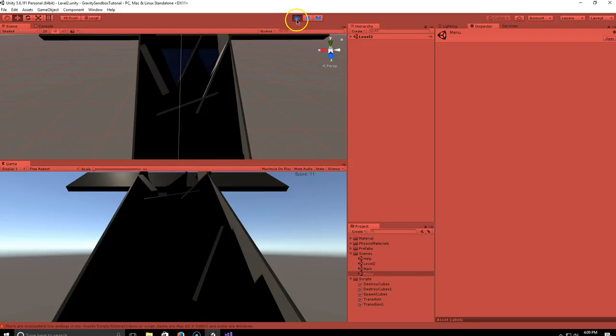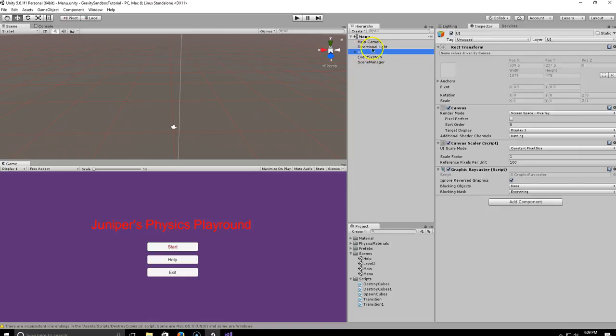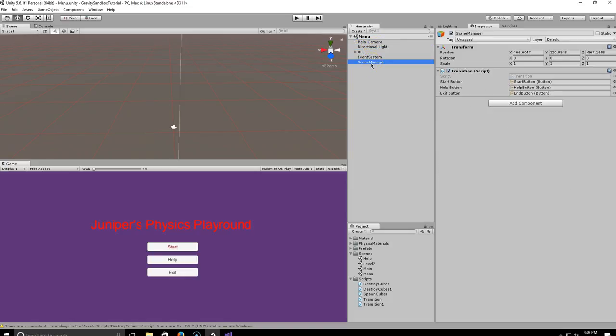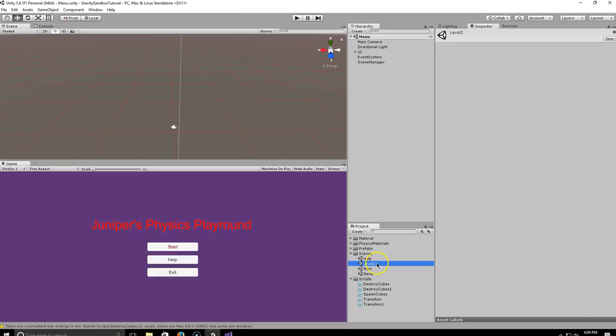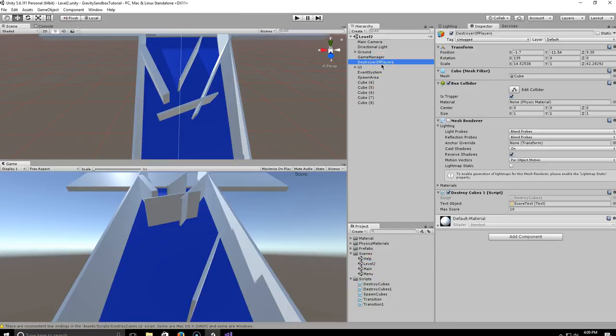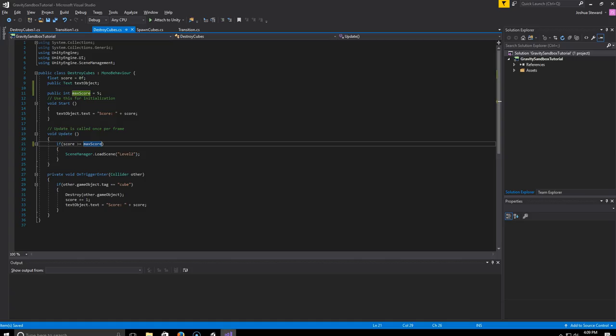Oh, it's not working. What do we do? Scene manager, change the scene. Oh, no. Level 2, start players. Max score. Destroy cubes 1 script. Oh, we have an application, or destroy cubes 1. This is an application.quit. So this isn't actually going to work in here. But what we can do, we could say,